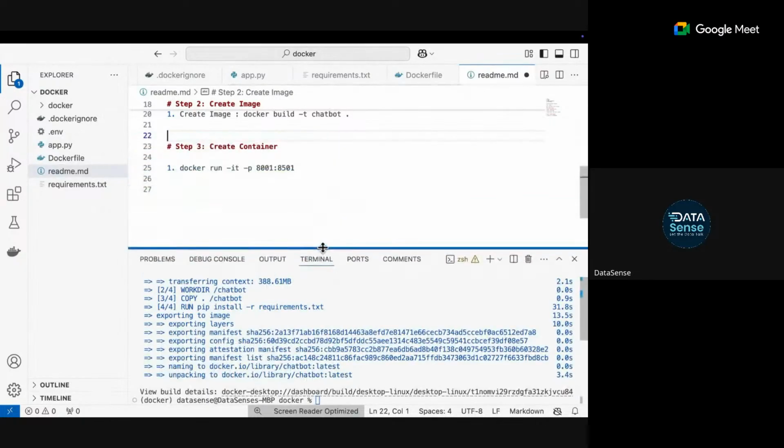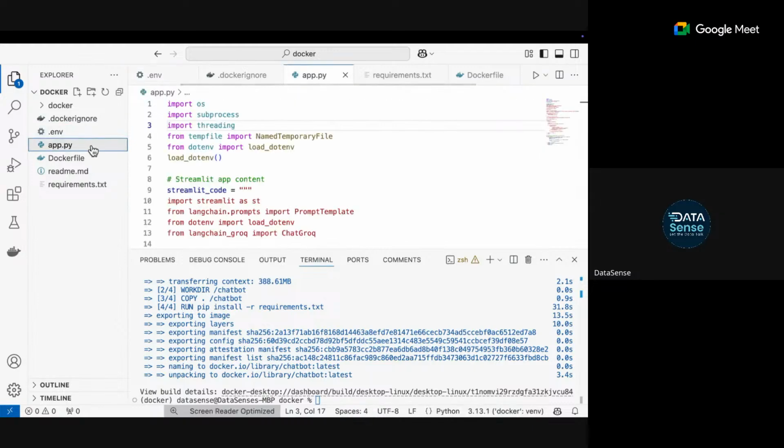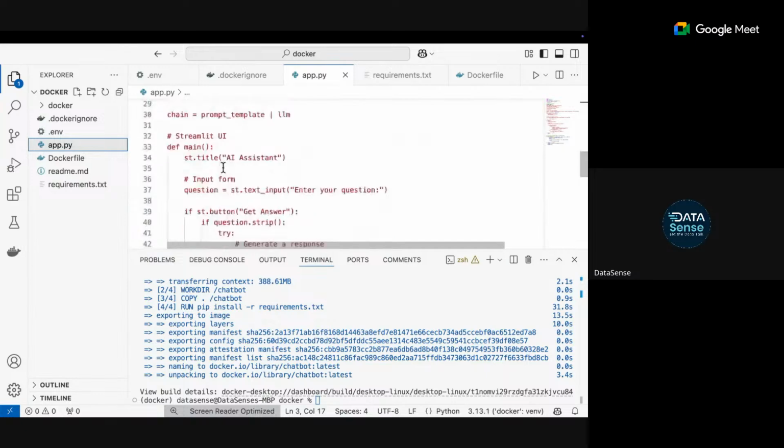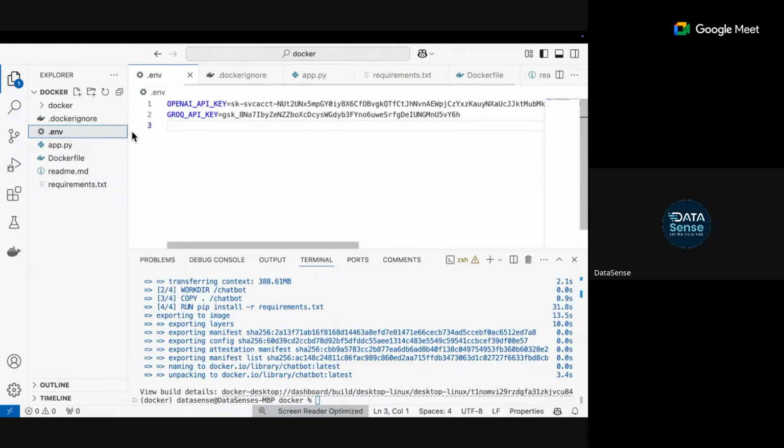So now see what is going to happen. docker run -it means interactive, -p means port. I have given the port. Now one last thing you need to mention: this .env file contained the Groq API key. This AI application cannot run without it because you're using LLM models here, and LLM models require an API key. So you need to pass this environment file. We have not pushed this environment file in the image, but whenever a user runs it, the user will pass his own API key so that he can launch his own application.